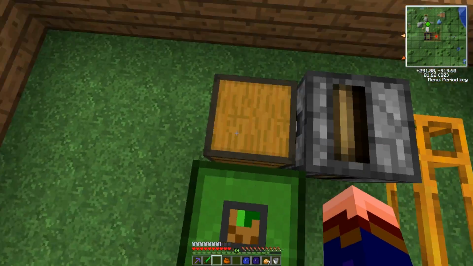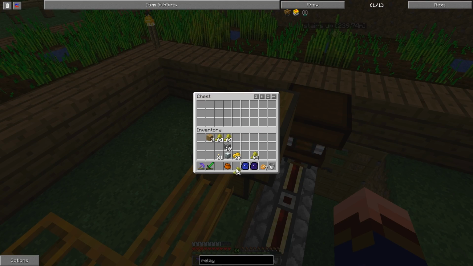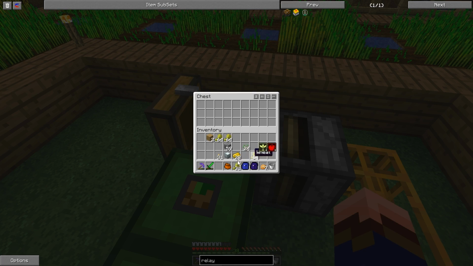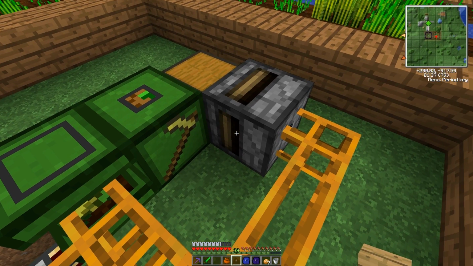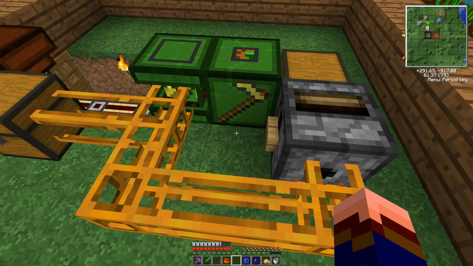Actually, you know what? We can test this manually. We can just take a fistful of wheat and a couple of seeds here, and plunk the wheat and the seeds in there like that. Then we need a button. We'll take a button, put it on that machine there, and it popped out the wheat, and the wheat...